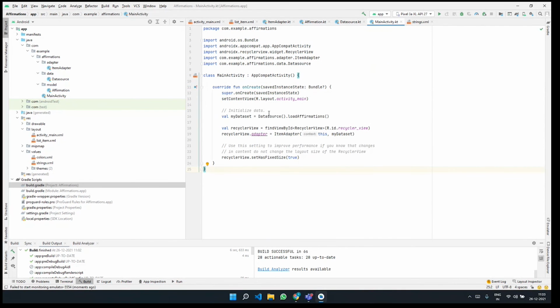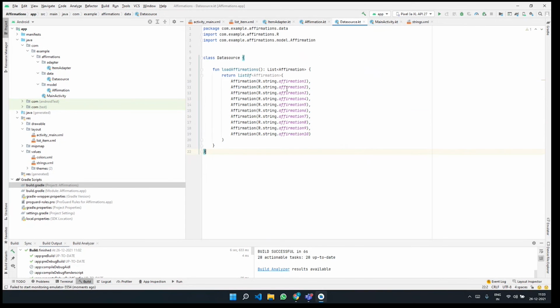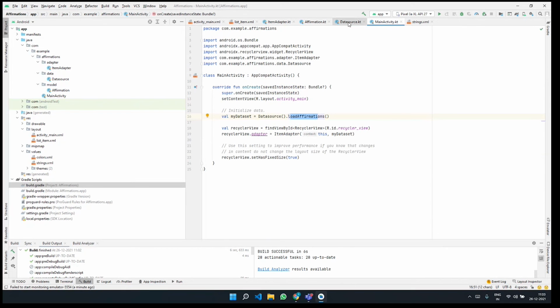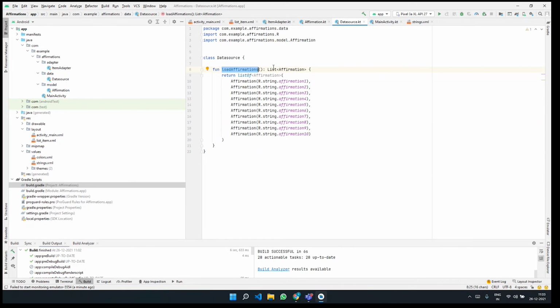In the main activity, we are creating the data set and pointing it to the data source dot load affirmations function. Then in the data source dot kt, we have a class called data source, and here we have the load affirmations function that we are calling. What this does is it brings a list.